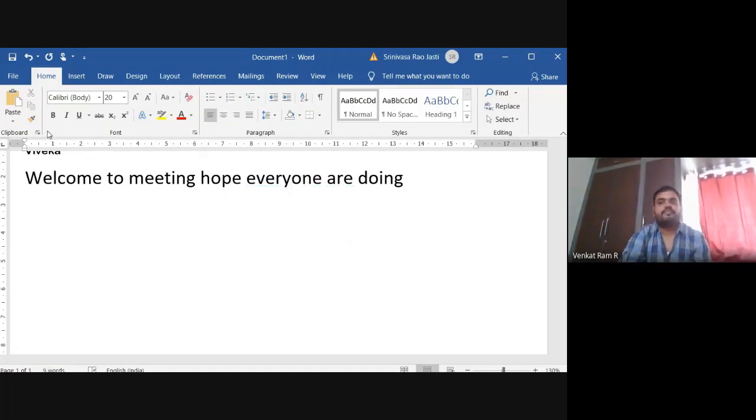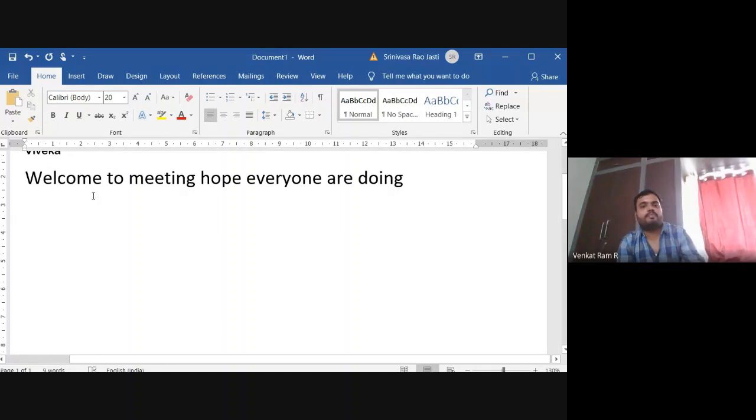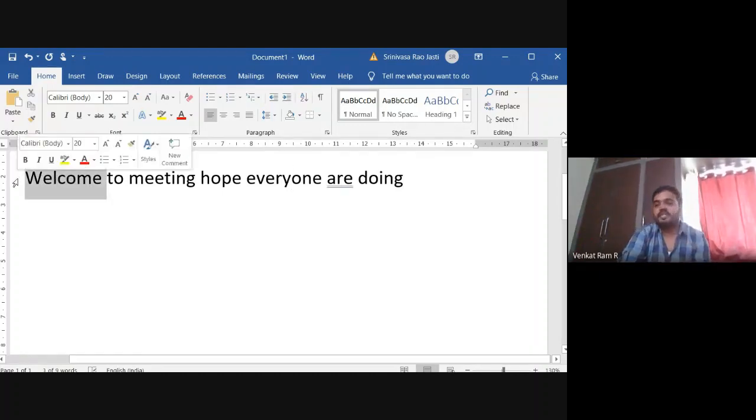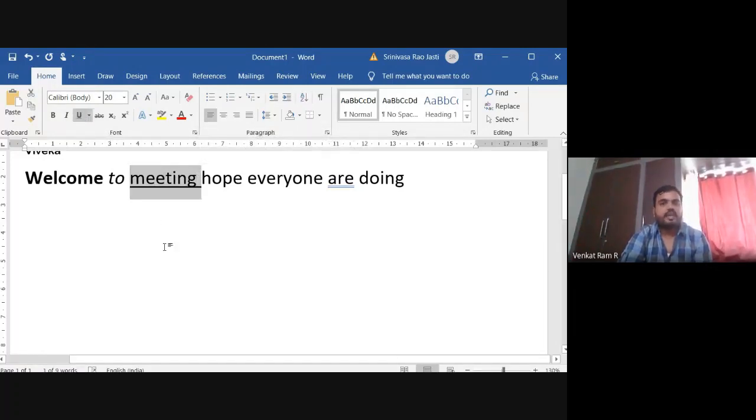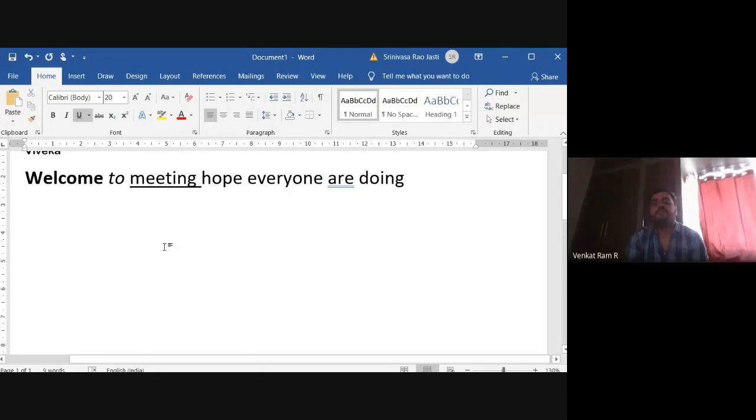And next, bold, italic, and underline. I think most of the people might know this. B is used for making the letters bold. Italic is used for making your word slightly slanted towards the right, and U is for underlining. Bold. See here, the text becomes brighter, and see italic, it's slanted, and underline. But for applying any format, you have to select the text.